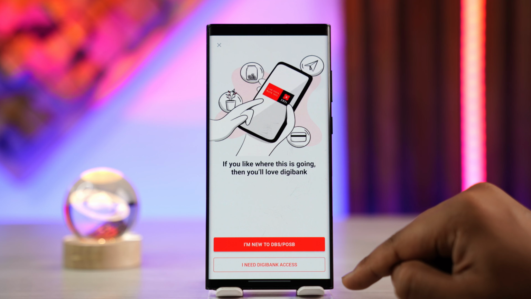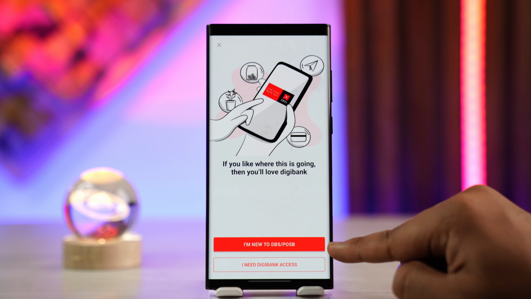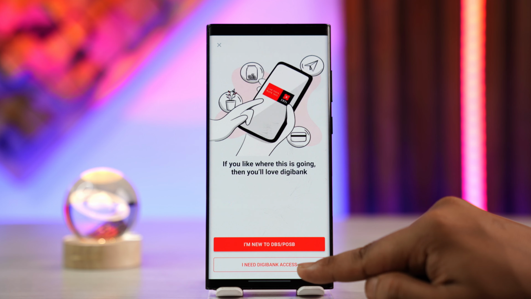Now if you're completely new to Digibank itself and you don't even have a bank account, first you have to create an account by tapping on this. But if you already have a bank account and you only want to set up access, tap on I need